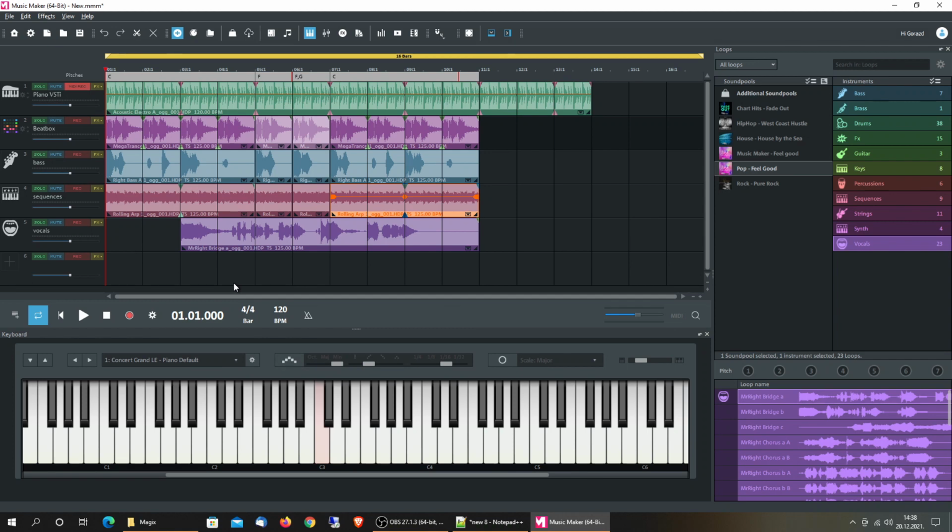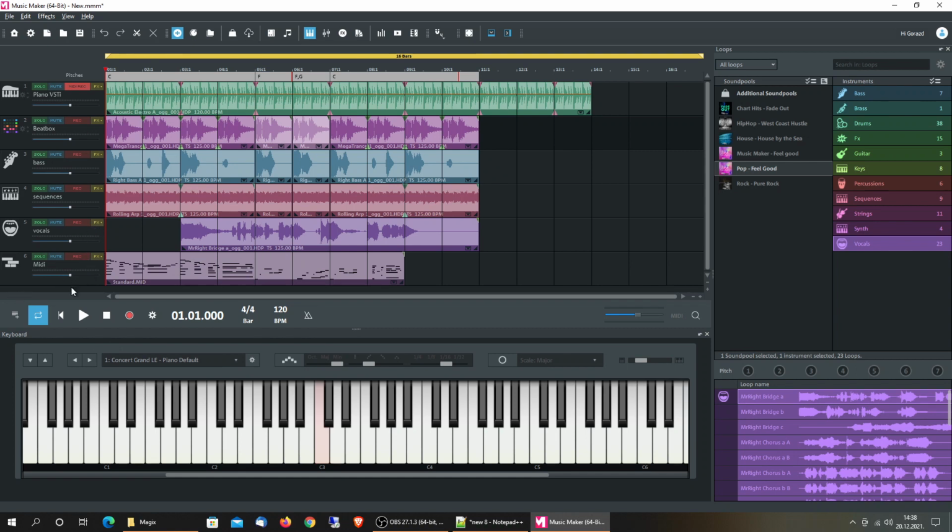I mean, just don't believe it's free. If you have a MIDI keyboard, you can attach it to your PC and then just play whatever you want to play, some melody. If not, you can insert new MIDI object. 1 bar, 2 bars, 4 bars, 8 bars. Let's say standard, and it will create some standard